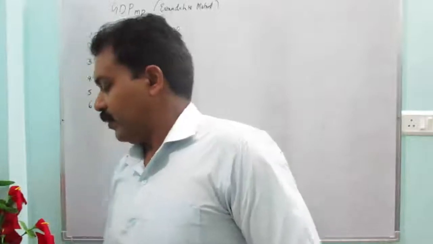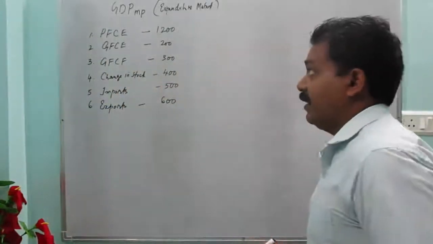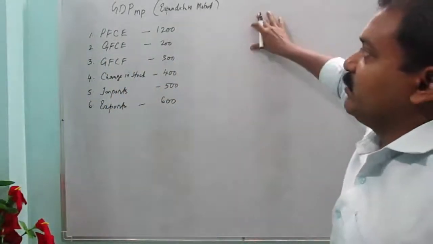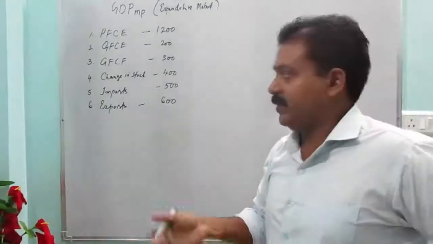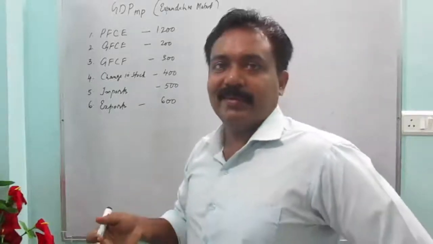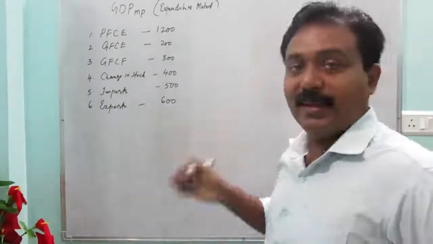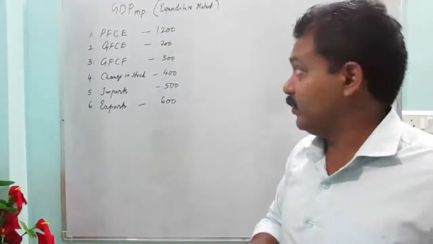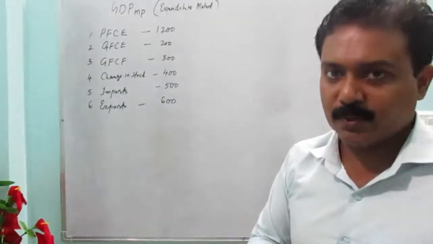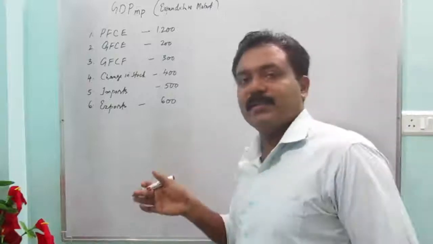Now what you have to do is find the national income using the expenditure method. You can do it ahead of me, so you are getting some time. Now you can do this ahead of me while I am doing. Before I explain this, those who understood the concept can also do it. Others wait until it is finished.